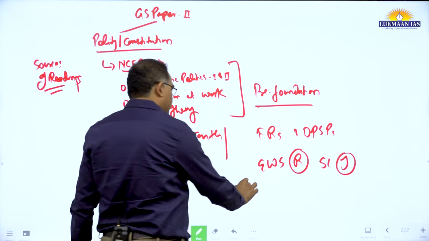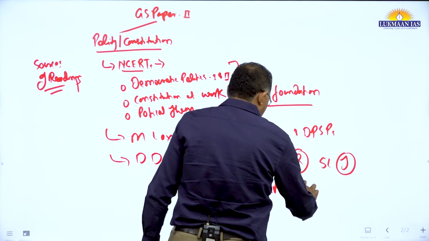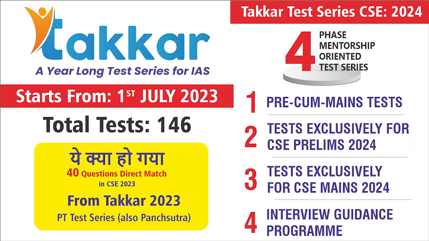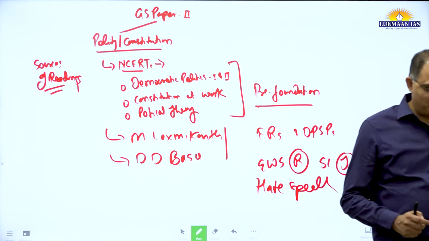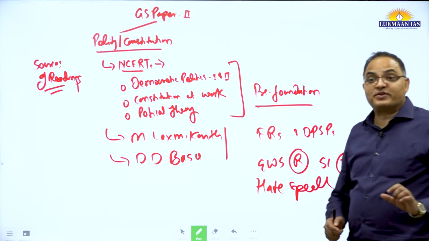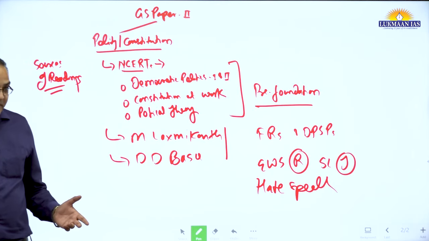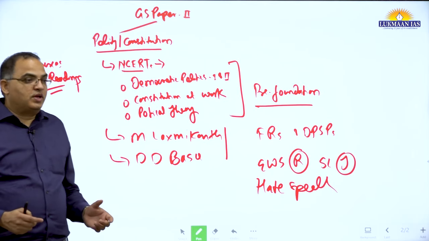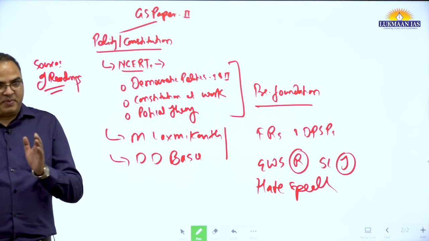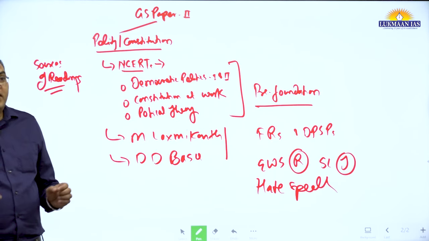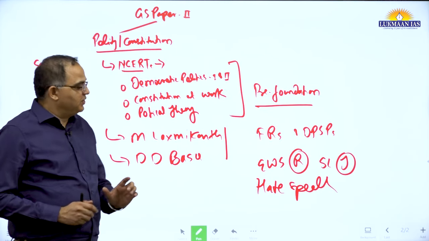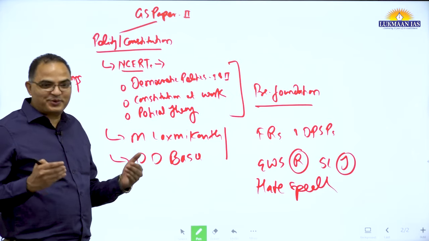Let's say hate speech. You will not find much on that legally. If it is asked what is hate speech, it has its definition. Defamation, the case is going on now, isn't it? What is defamation? Rahul Gandhi has been punished. So they are recent developments. They are part and parcel somewhere, but the books will not deal with those aspects. That's why you have to depend on some other sources.